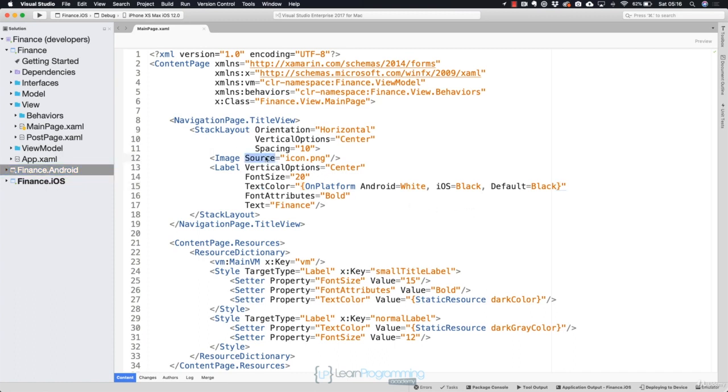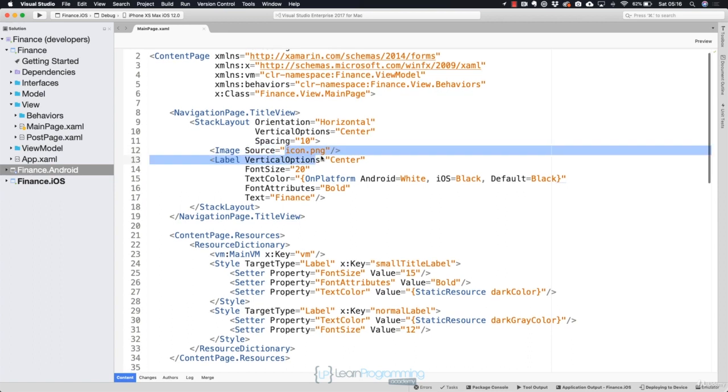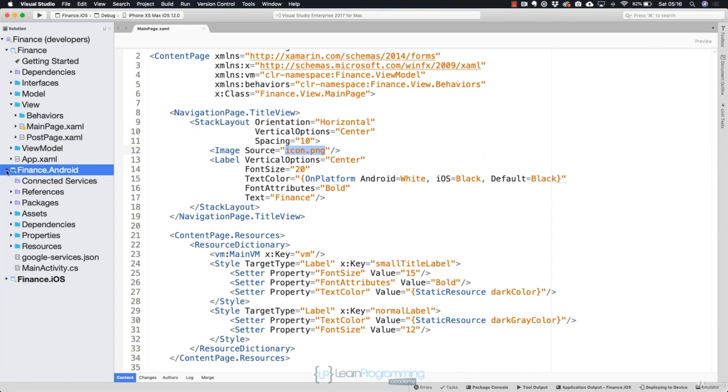For example, even the source of the image, you could set a different string if the name of your icons were different on Android and iOS. I did mention in the previous lecture precisely to set the source that they had to be the same. Well, they have to be the same if you only want to set one string,